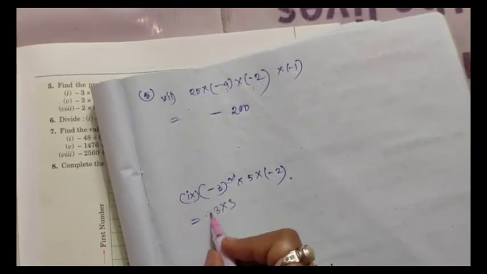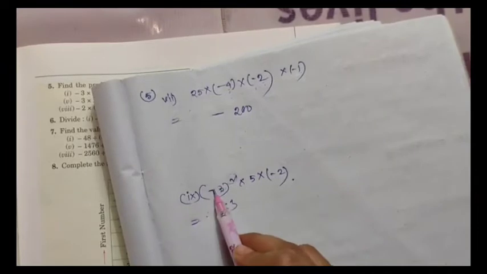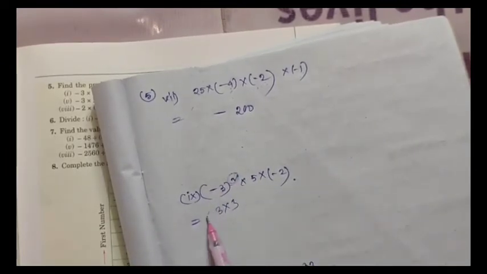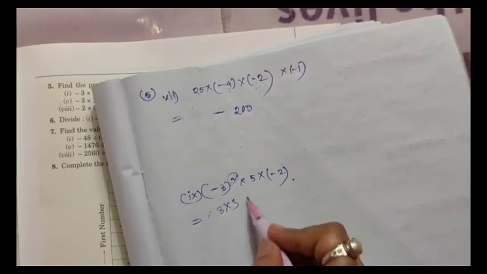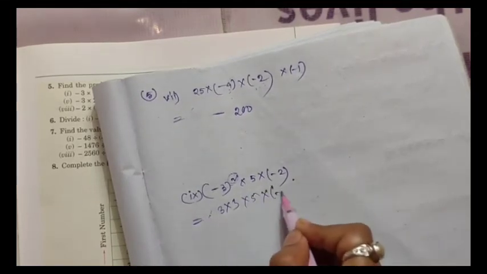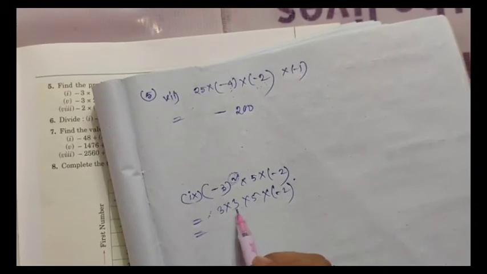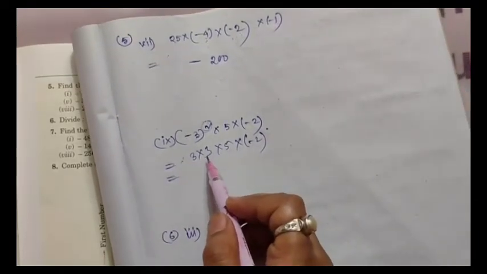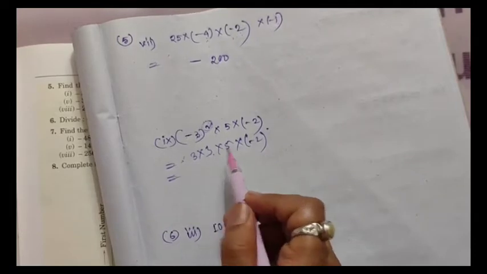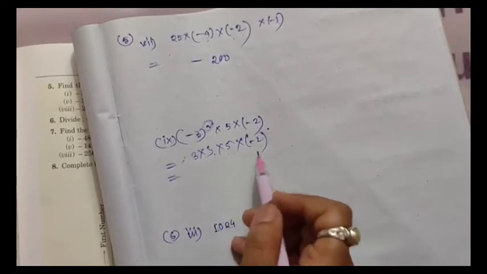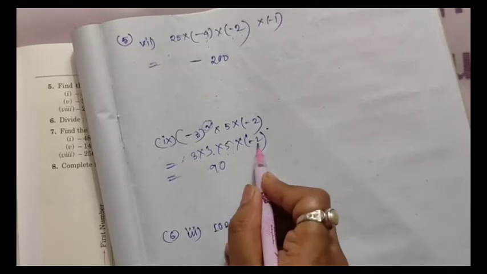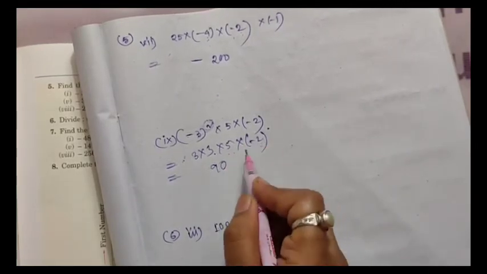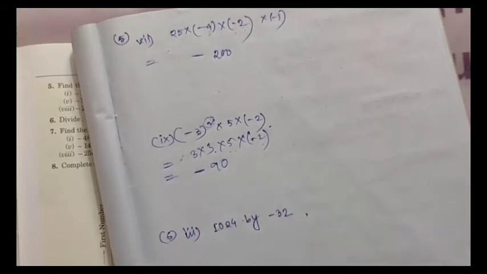3. Why did we not put a minus sign here? Since the power of the minus is an even number, we need to put a plus sign here, then 5, then minus 2. Now we need to multiply the absolute values. 3 3s are 9, 9 5s are 45, 45 2s are 90. But here minus occurs one time, and 1 is an odd number, so we need to put a minus sign here.